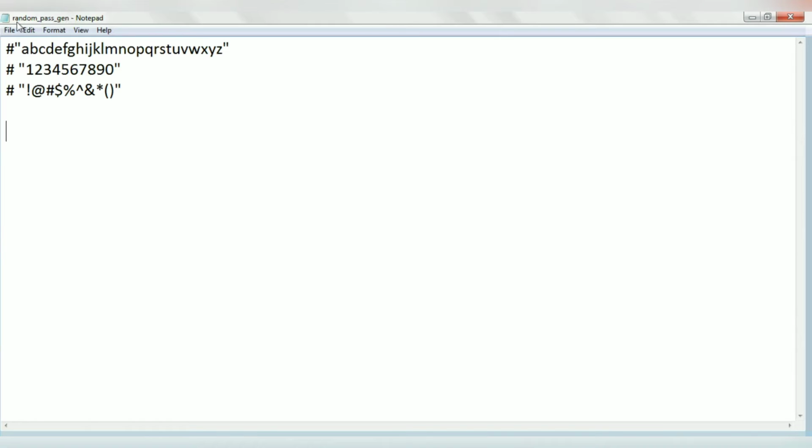I've already created a new Python file and named it randompassgen.py, and I've already added some comments. These will be the characters which we will include in our password. So first thing, let's import our module